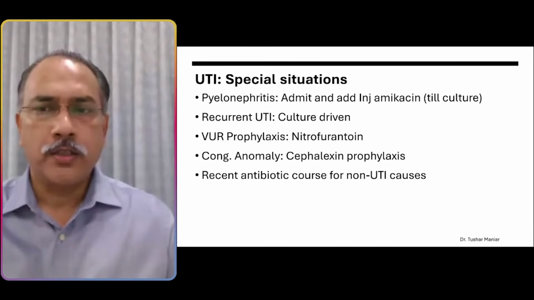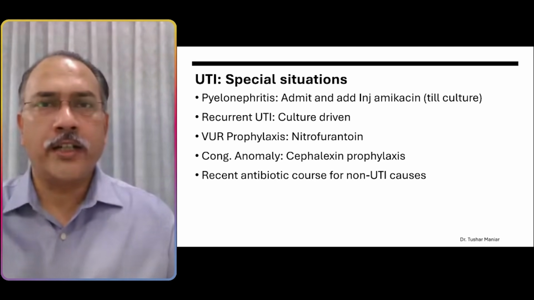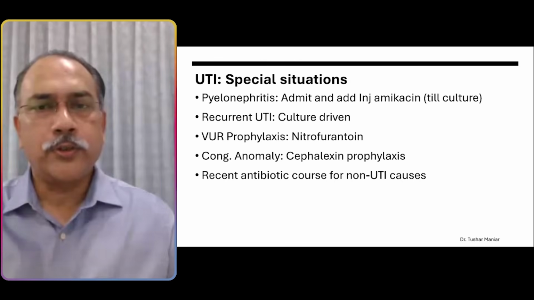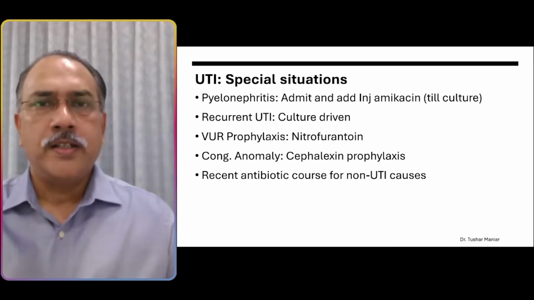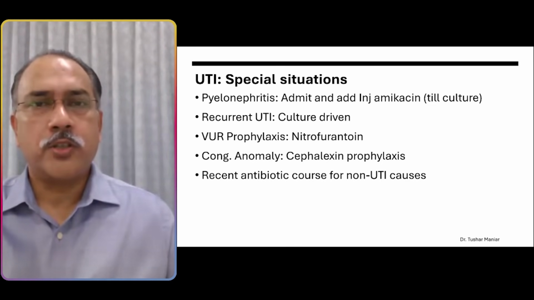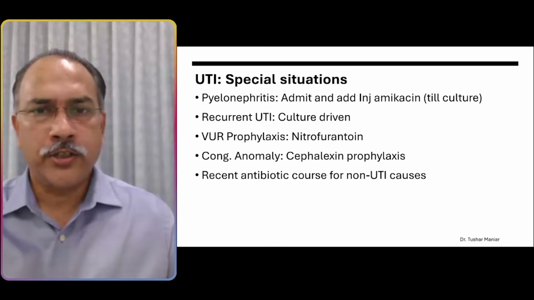one, which says VUR. So if there is a VUR, then you need to make sure that it is more than grade 3, in which case only nowadays a urinary prophylaxis is required. Now here, a nitrofurantoin is a great drug to use, provided the child is not G6PD deficient. So here we need to give only a single night dose, which will give good coverage and protection against a